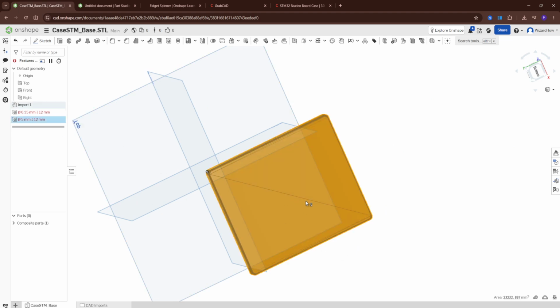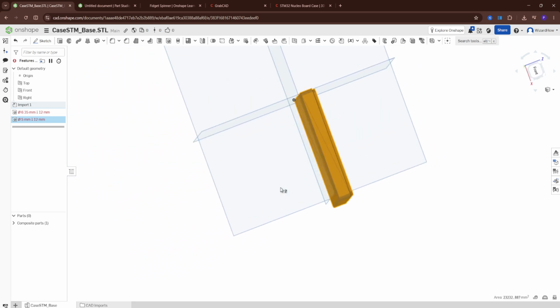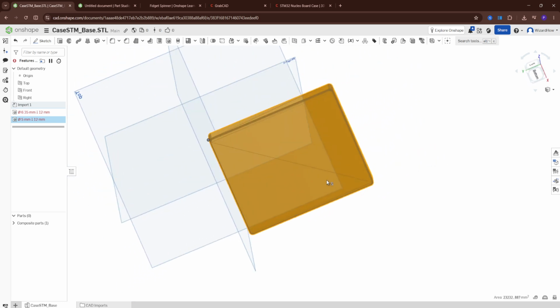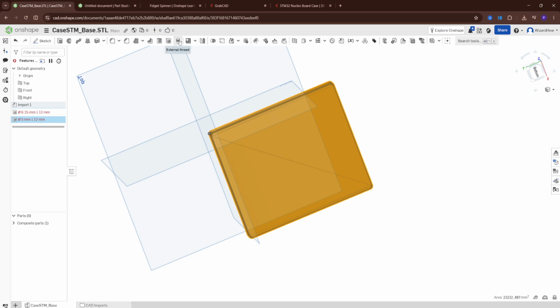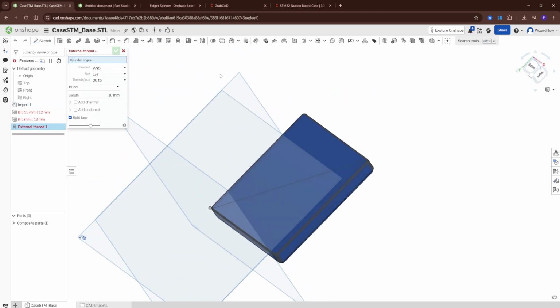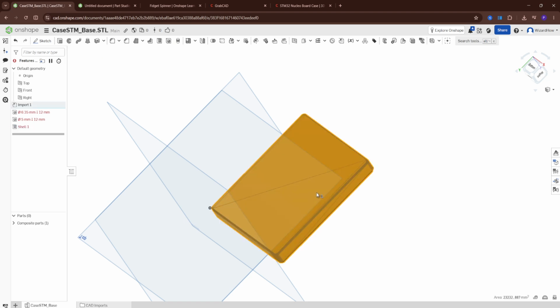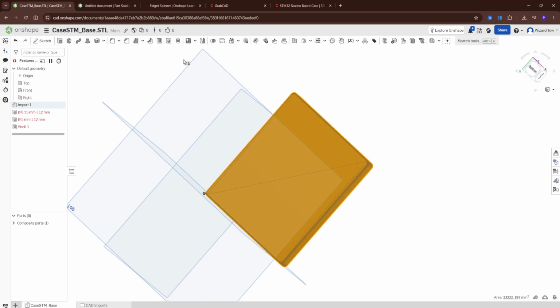And yeah, when you import this STL file, then you can edit whatever you want here, however you want. You can do external thread, you can make shell if you want. Then let's say if we do that,